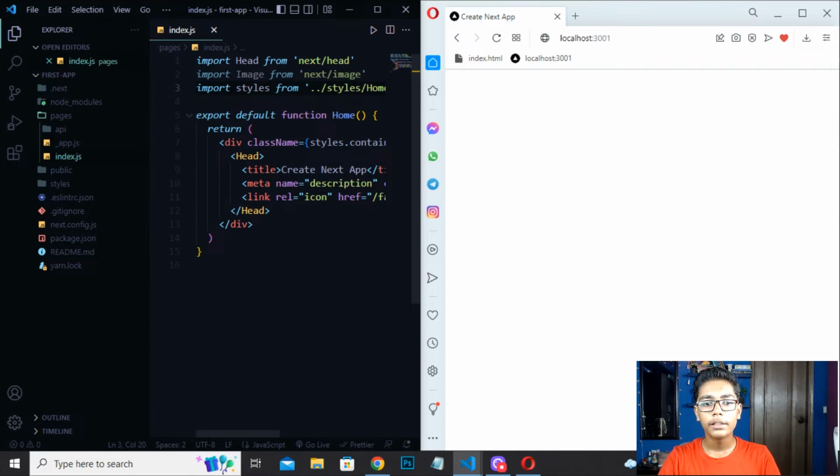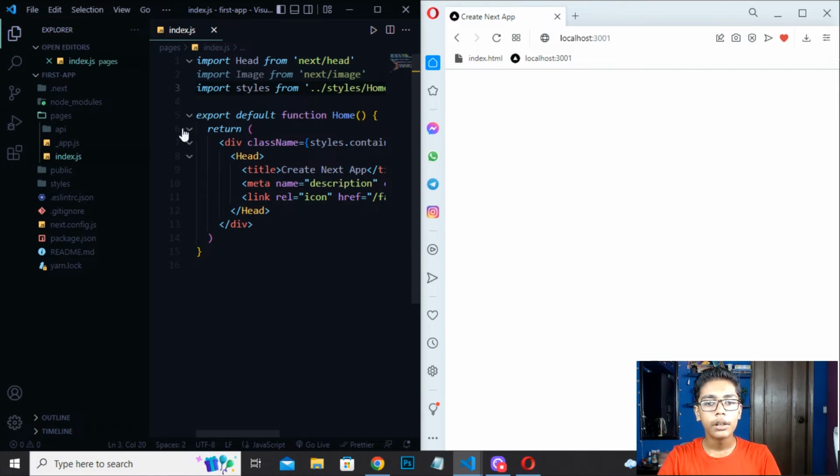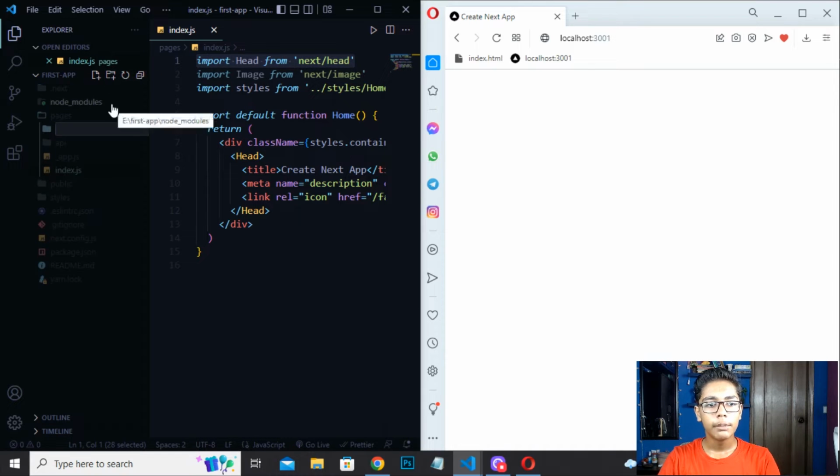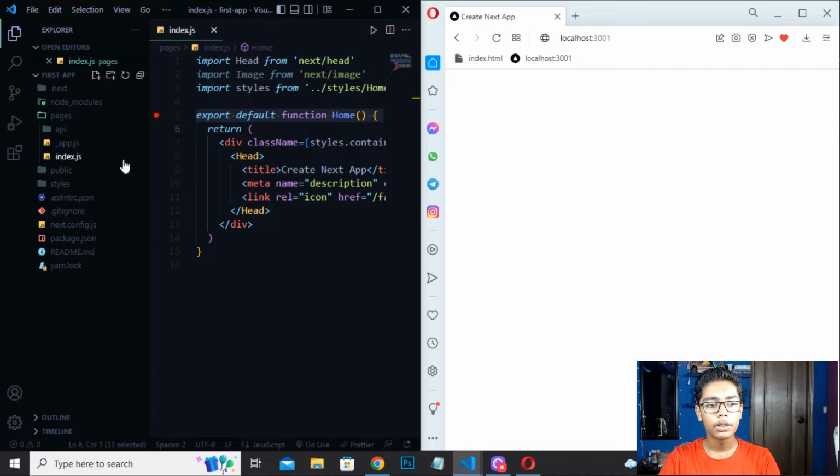Now when it is done, you have to copy this like we have copied. Now I will be making a folder here in this app and giving it a name. I will be creating the folder here, not in the pages tab, because I want to create it here. So I will give it the name components.